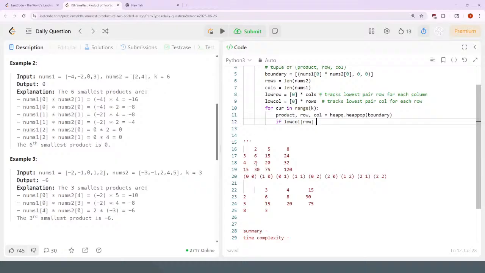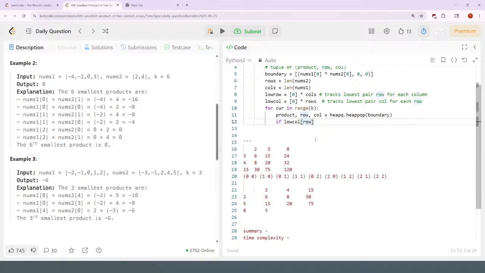Or if I have 1, 0, row 1, column 0, I check for 2, 0, or 1, 1. And 2, 0 is fine because the low column for row 2, for row 3. Okay, so